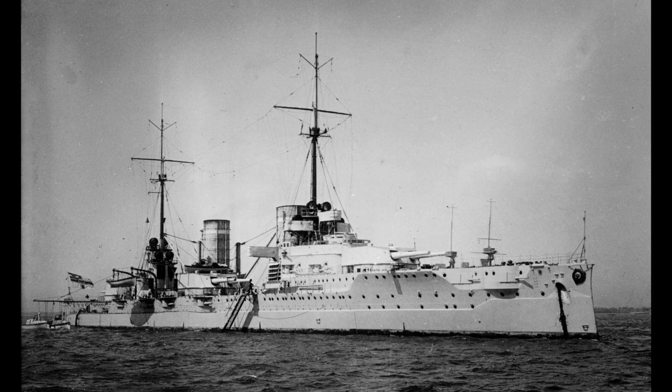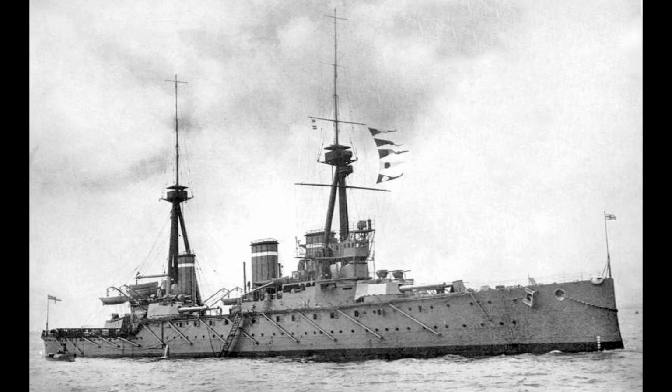SMS Von Der Tann was the first battlecruiser of the German Navy, after something of a false start. You see, the British had kept the exact details of their new Invincible class Dreadnought armoured cruiser well under wraps, and since Dreadnought herself had taken the existing largest guns of battleships and made a ship with a single battery exclusively of these weapons, German thinking, and indeed most commentators of the time, thought that this principle would apply to